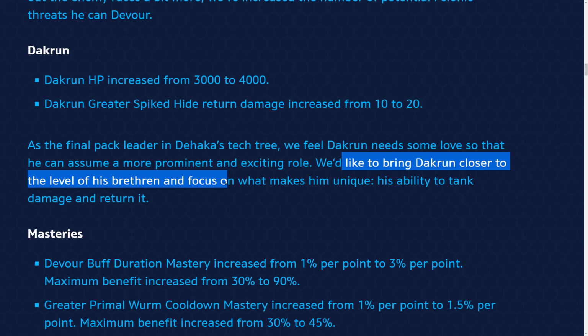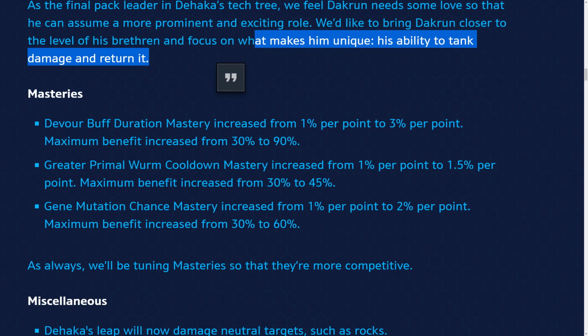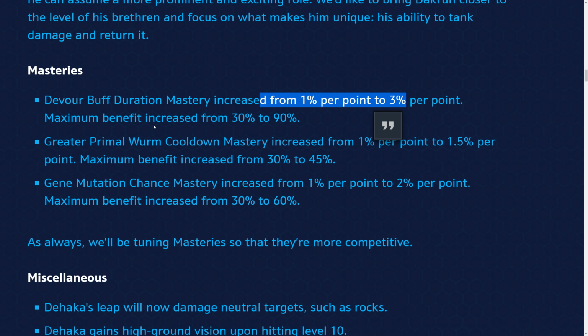We'd like to bring the Krun closer to levels of Brethren, to focus on what makes him unique, his ability to tank damage and return it. Okay, I like this. The Krun buff? Good. Devour buff duration mastery increased from 1% to 3%. I don't know. Buff duration, I still like the Dahaka slapping speed because it increases the base damage, and really